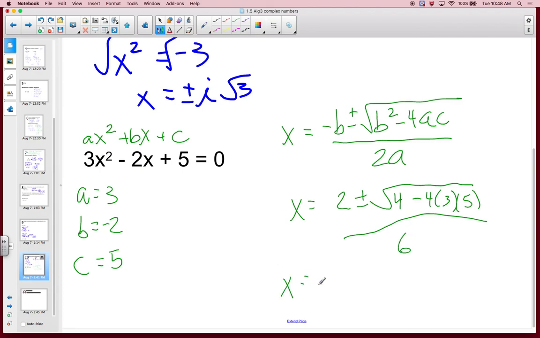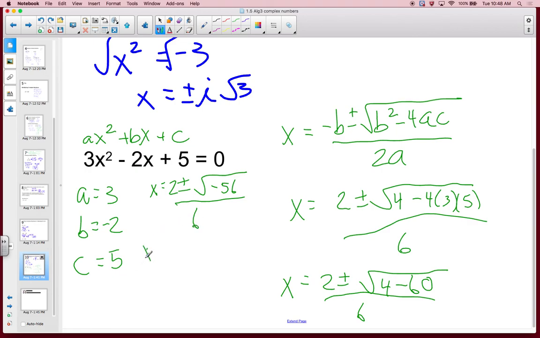Simplifying this here, I'll have 2 plus or minus the square root of 4 minus, well, 4 times 5 is 20, and 20 times 3 is a 60. That's obviously going to come out to be a negative value. Okay, coming up here, I get 2 plus or minus the square root of, well, 4 minus 60, that's going to give me a negative 56